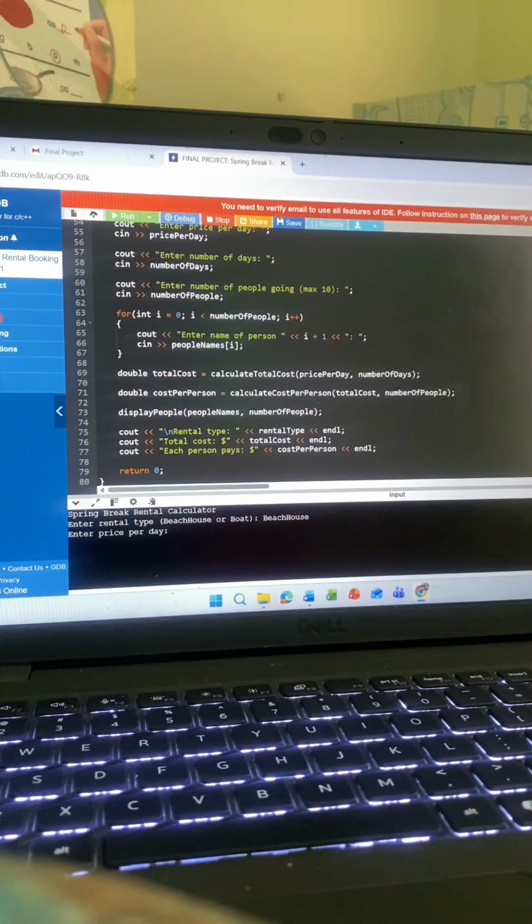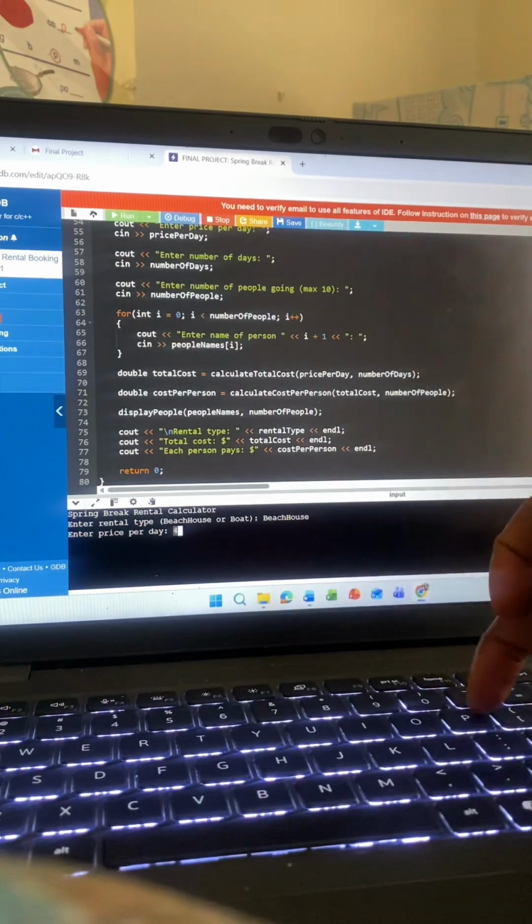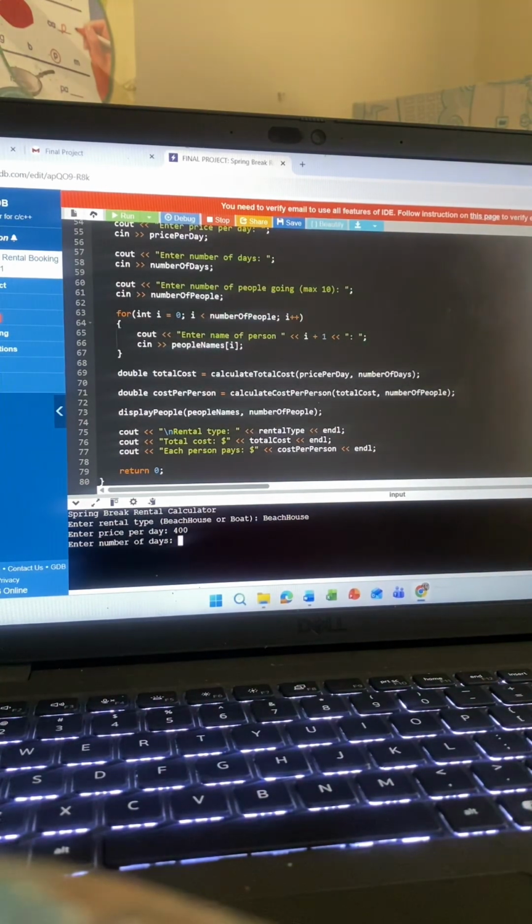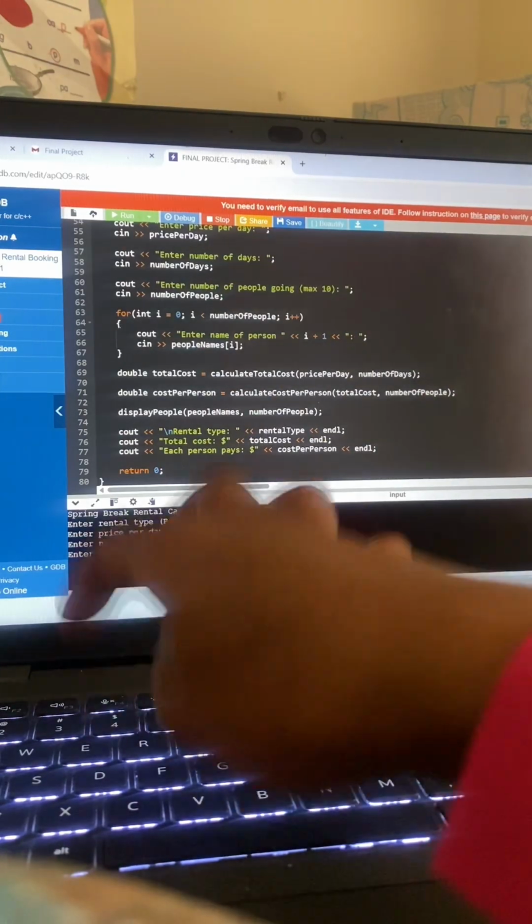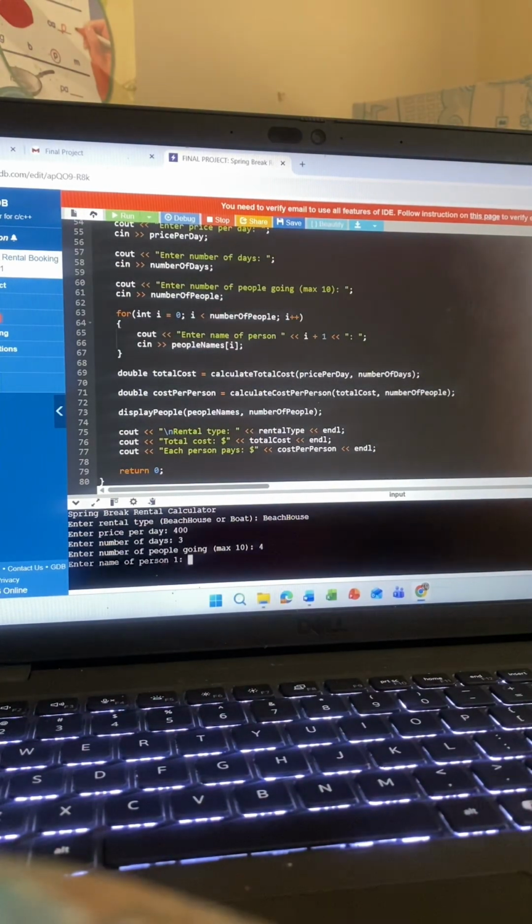So we're going to go ahead, I've already run the program. We're going to put in our type. We're going to start off, let's try beach house. We're going to say $400. Let's say the trip is 3 days, and we are going to say 4 people are going to attend this trip. Okay,